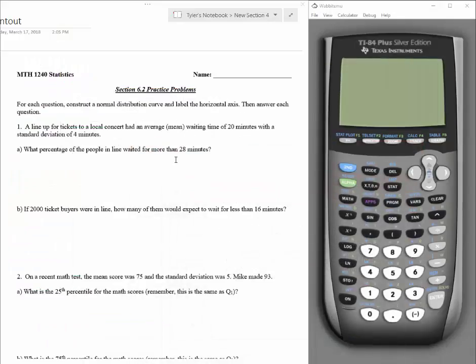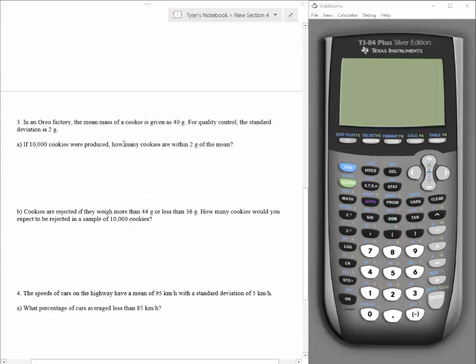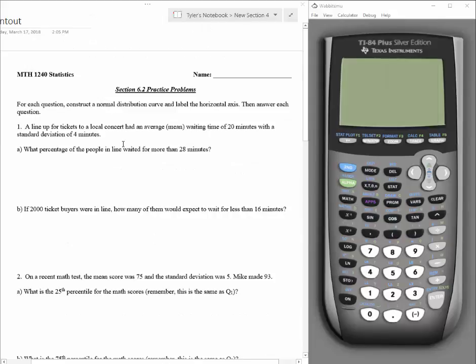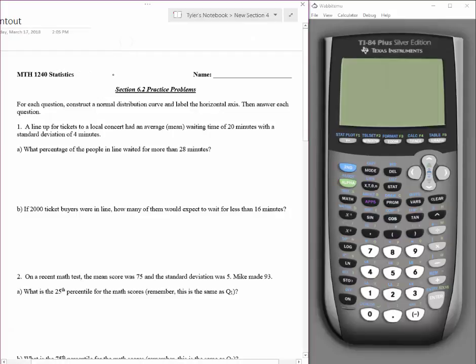So what I have pulled up here now is this worksheet that I posted on Canvas. It's the section 6.2 practice problems. I picked, I think, four problems here. I want to work through them with you, and I'm going to just remind us how to do this calculation on the calculator, right? So the two functions that we're going to be using in the calculator are the normal CDF